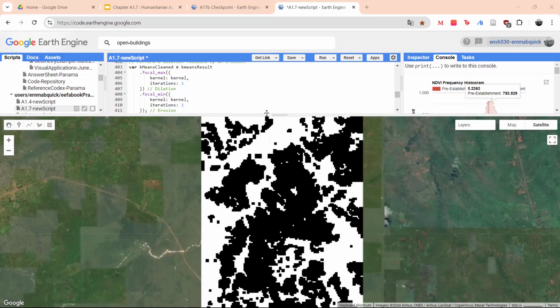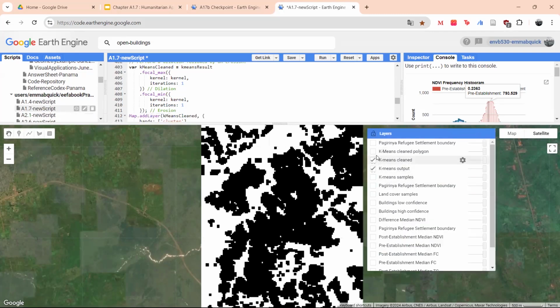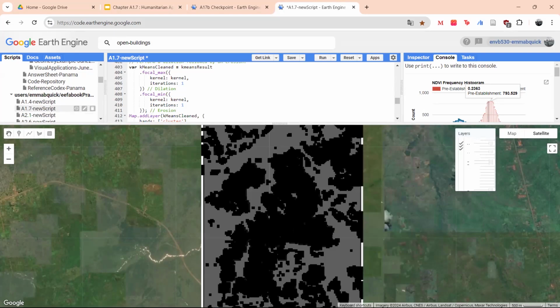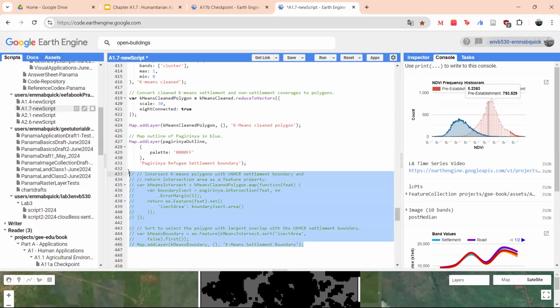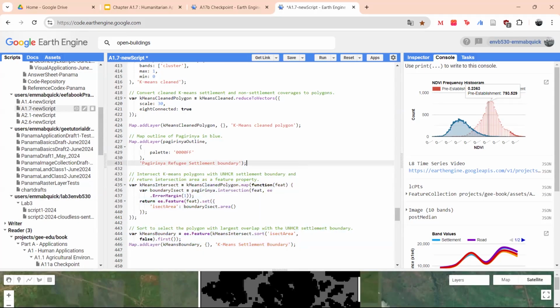And so from this, by creating it into a polygon, or polygons. So we have our polygons. We've created a vector map of settlement and non-settlement polygons that we can use. But what we want is a single polygon that represents the settlement boundary. So to filter these polygons, the creator of the code